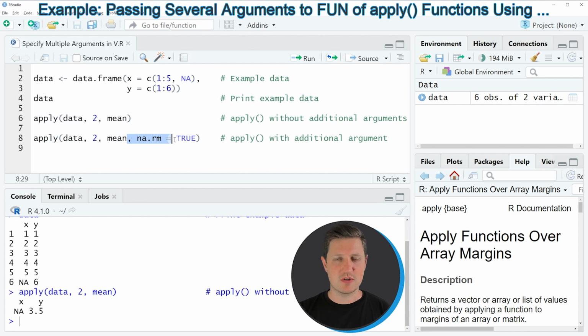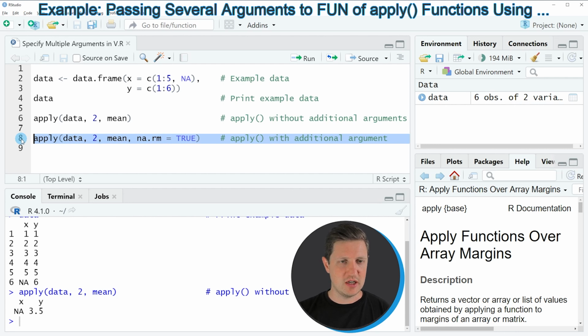However, I'm also specifying the additional argument that I want to use, separated by a comma, within the apply function. In this case, I want to use the na.rm argument of the mean function, and I'm specifying this argument at the end of the apply function.